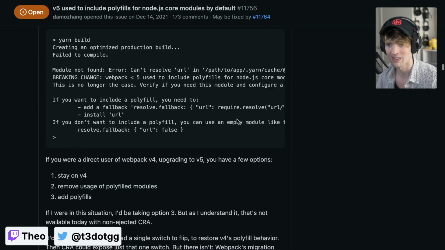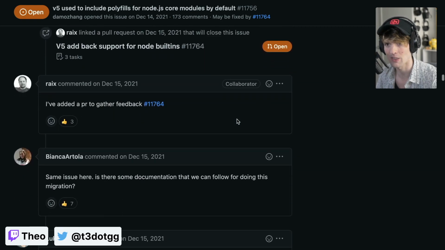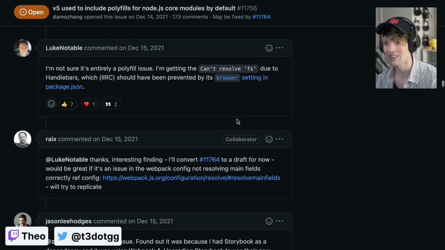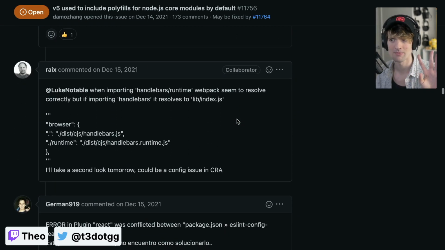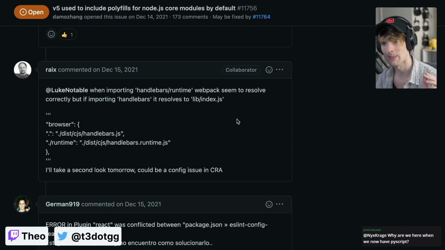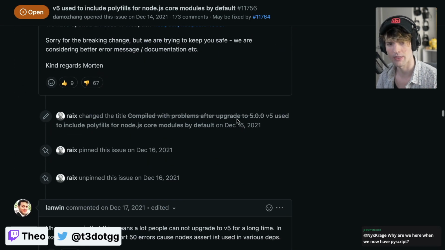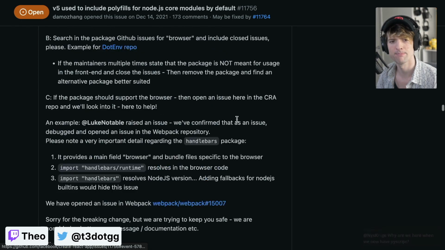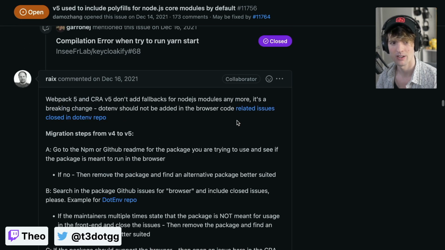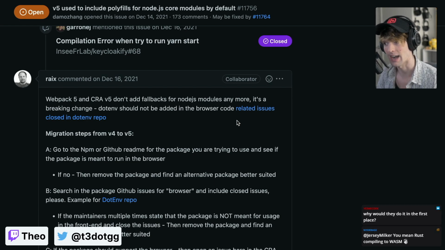What they did for us was polyfill a bunch of those things, and then they realized probably not a good idea. Awesome. Credit to Create React App. They made the right decision with V5 in no longer doing this because doing this is bad. But due to the nature of engineers, they have bred with this very bad pattern, users of Create React App now expect the ability to blindly npm install and blindly import node crypto, node fs, whatever, at any point